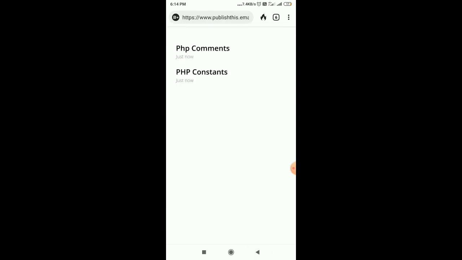Okay, so it is a simple kind of blog, you can say, where your collection of web pages will be available. So this is how within a few seconds you can publish a simple HTML web page with the help of this publishthis.email service.